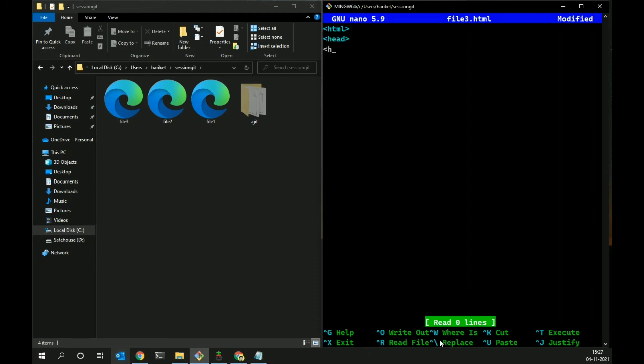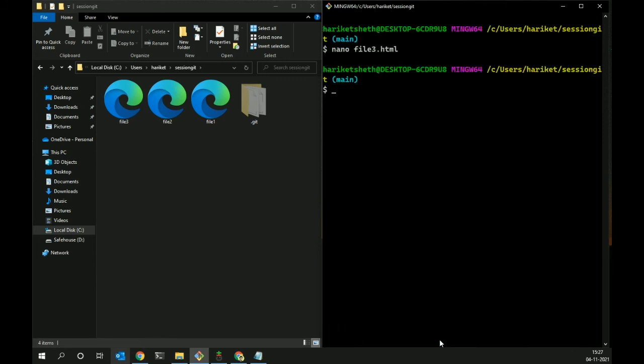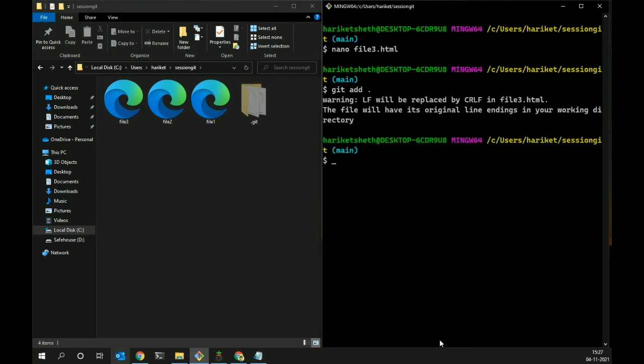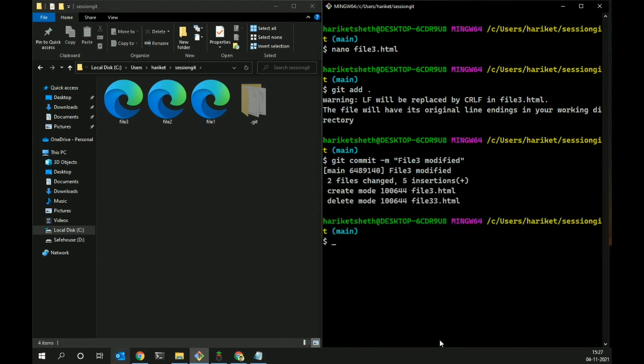Let me also add a title tag, head tag close, and then let me keep it as html. Okay, and then let me make a commit message for that particular thing so that it's saved permanently. Okay, so we have done that modification.